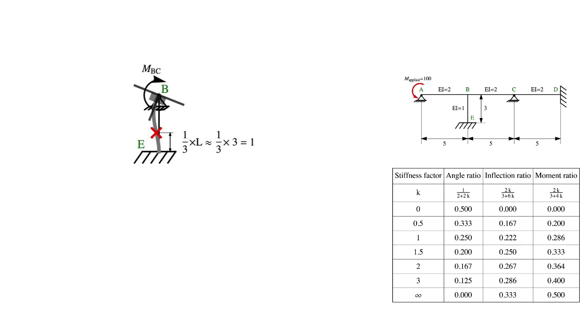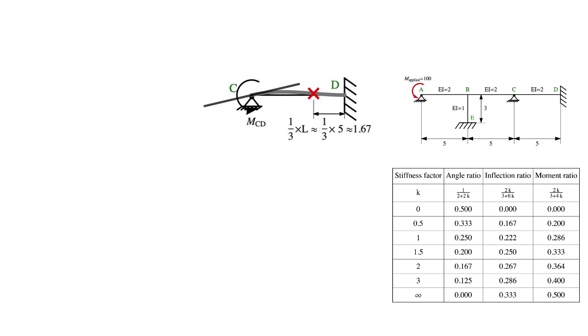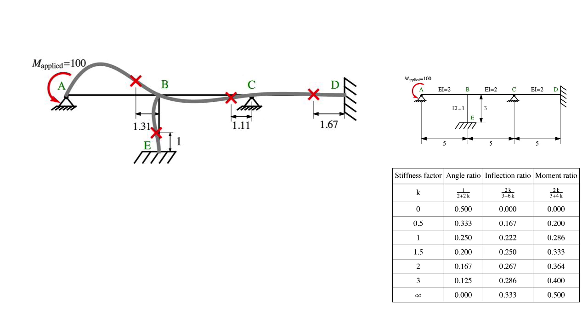We now go back to column BE. This is a basic case, that of the hinge fixed beam, but the picture is rotated by 90 degrees. We sketch it and mark the location of the inflection point, which is exactly at 1/3 of the length from the fixed end. Last, we sketch beam CD, which is again the basic hinge fixed beam. We sketch it and mark the location of the inflection point, which is exactly at 1/3 of the length from the fixed end. Putting all the members together, we get a sketch of the whole structure, including the quantitative location